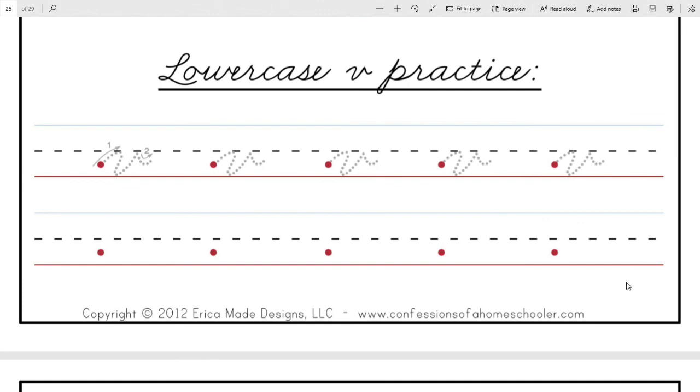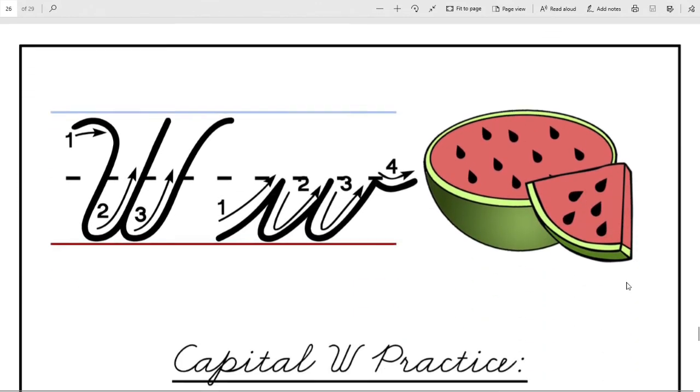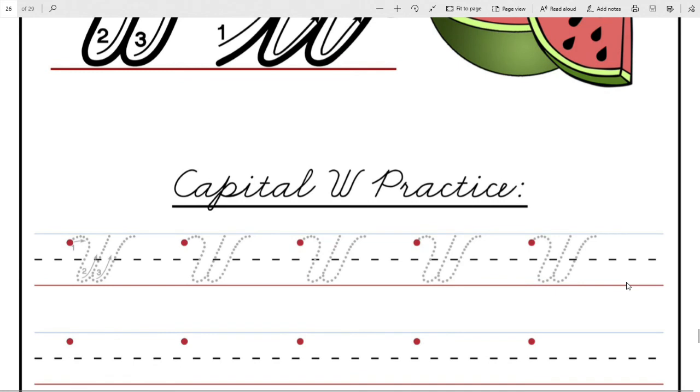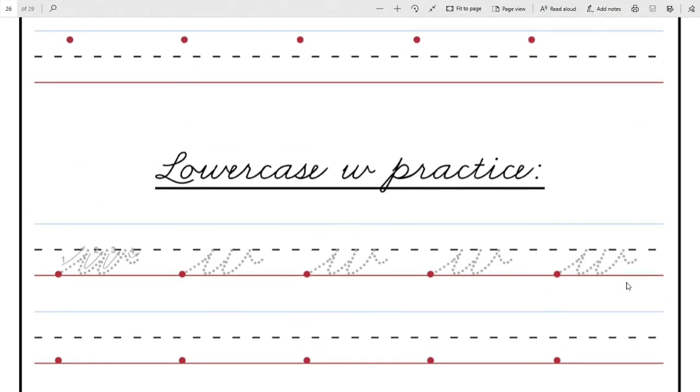Okay. Now the next letter is W. Okay. What is the sound? W says wa. Look at the picture. Watermelon. Okay. Now we see how to write. Yes. See the capital cursive letter and the small cursive letter.